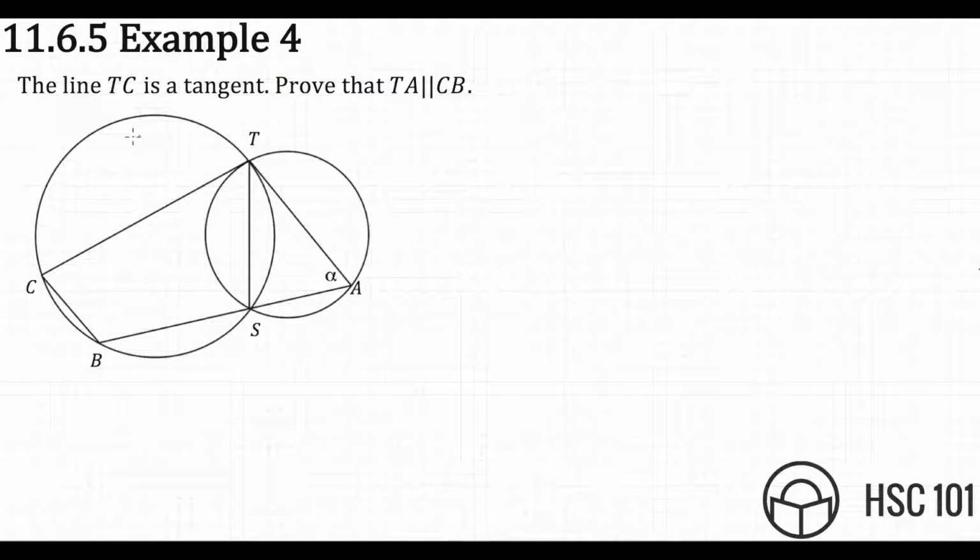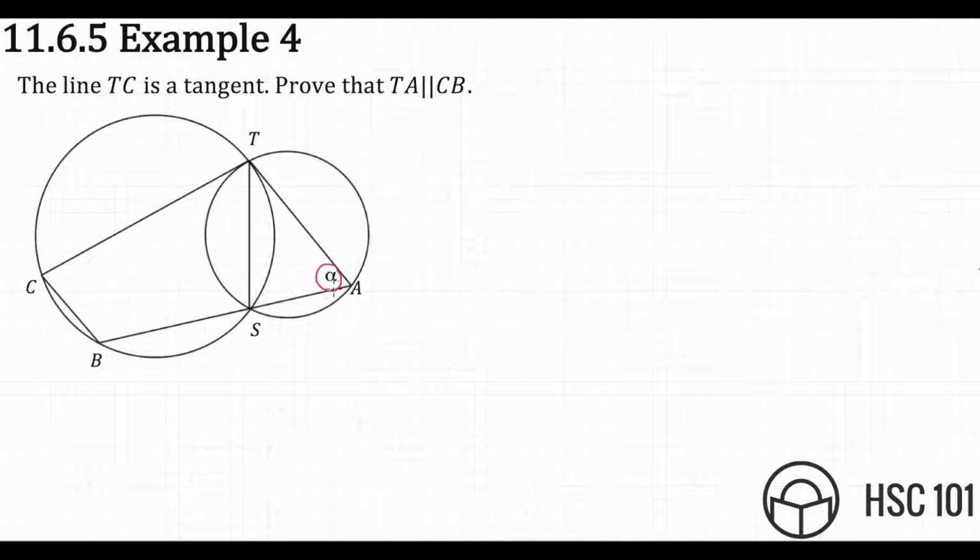Example 4. Given that the line TC is a tangent, from the diagram, hopefully we'll realize that TC is the tangent to the circle on the right, in other words, the smaller circle. What we want to do is prove that TA is parallel to CB. In order to do this, given that angle TAS, this angle over here, is alpha,